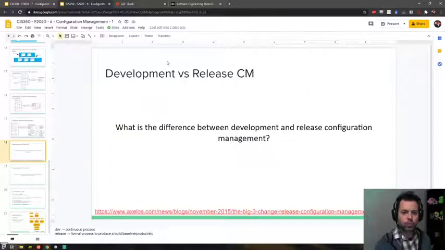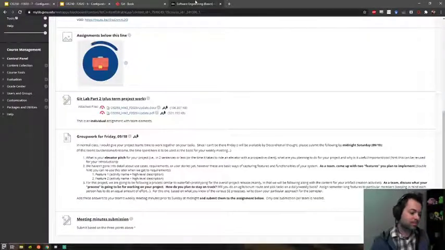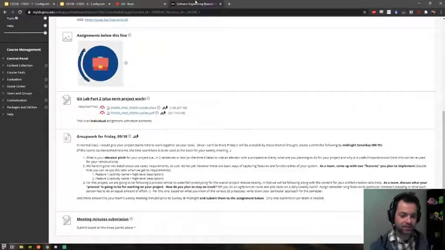What we're going to do today is talk a little bit more about Git. I know that you have homework to do in Git. I was intentionally giving you the hands-on stuff early, and now we're going to talk about a little bit of the theory behind it, I suppose.